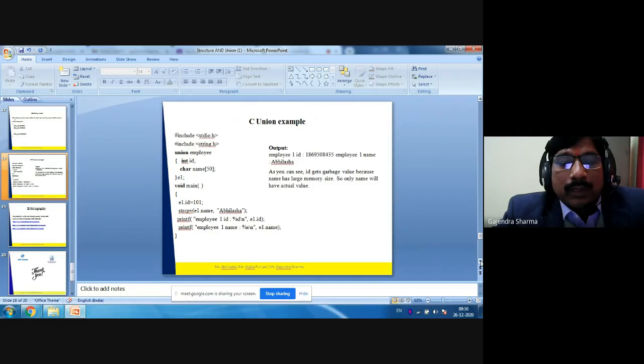So now you can compile and run this program. Your output of this program will be employee id equals this, employee name is this. As you can see, id gets a garbage value because name has large